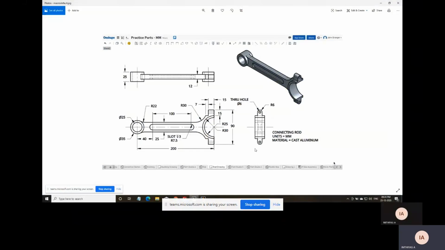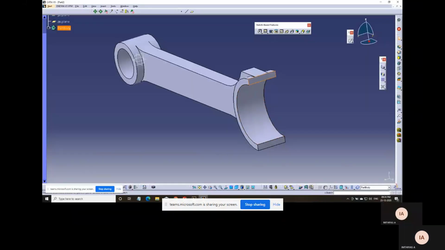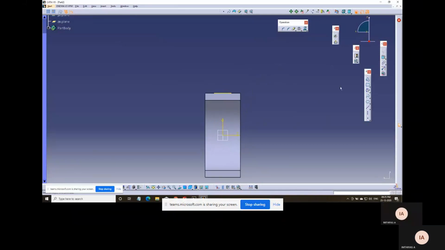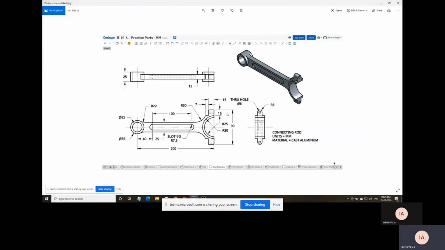Now there is a dia of 6, the radius 6, then a dia 6 mm hole that we have to make. Radius 6, so dia is 12. Distance of 15.